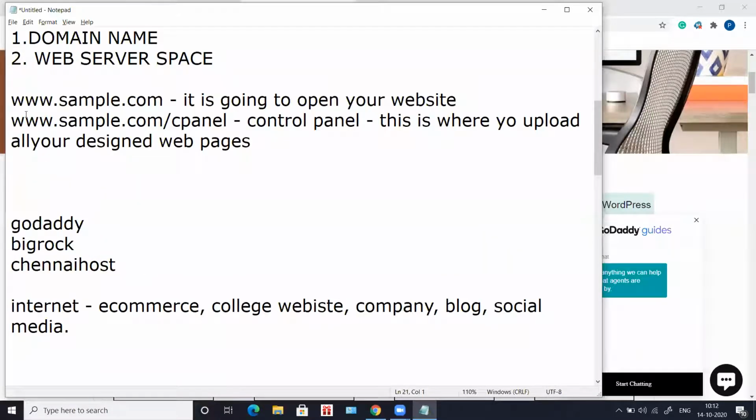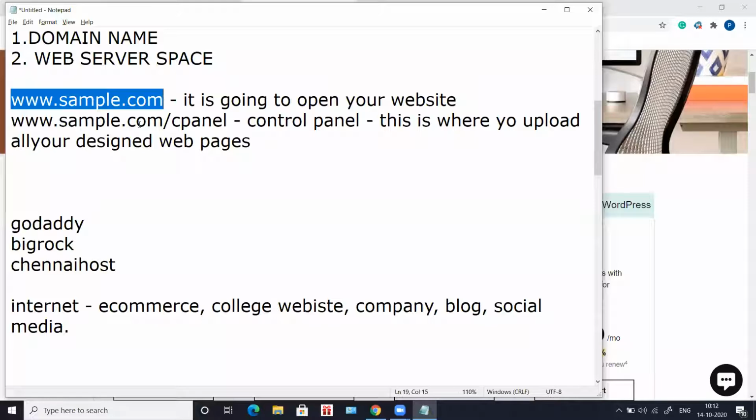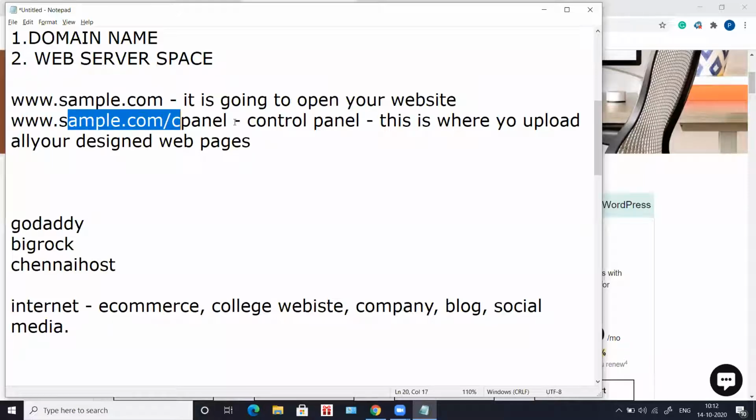When you access sample.com, it is going to go to your actual website. This is what a normal user, a client user, will be using. And sample.com/cpanel opens the control panel of your website, where you can upload all your web pages. Every control of your website will be inside the control panel.